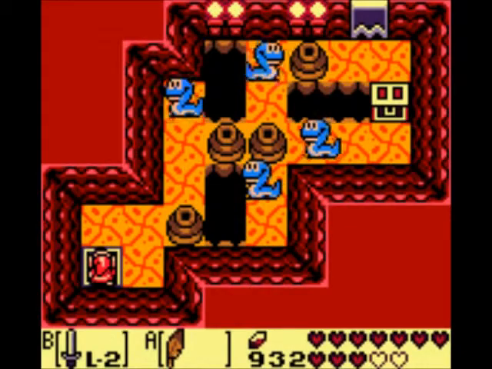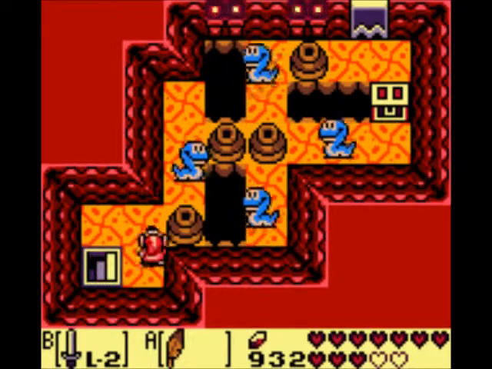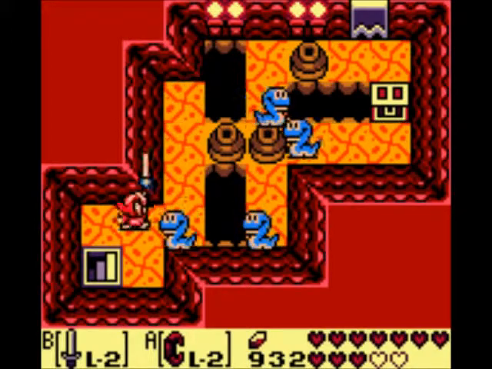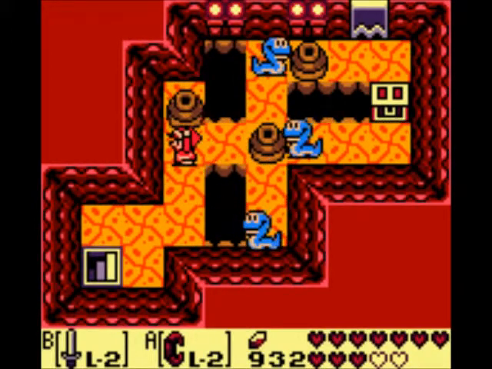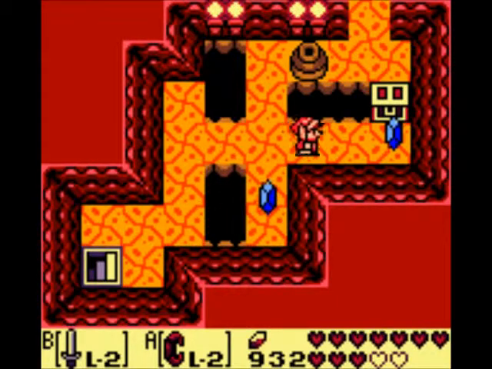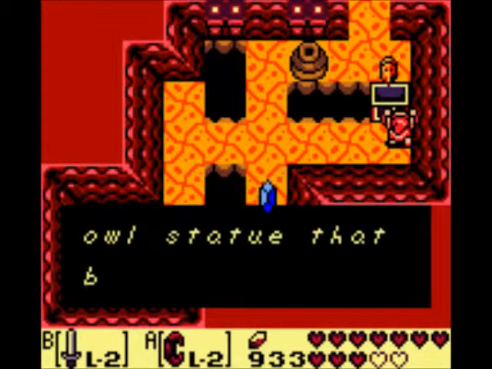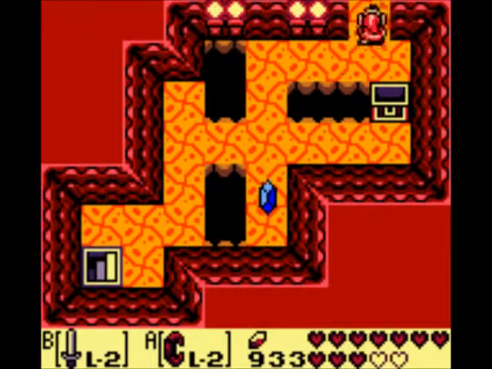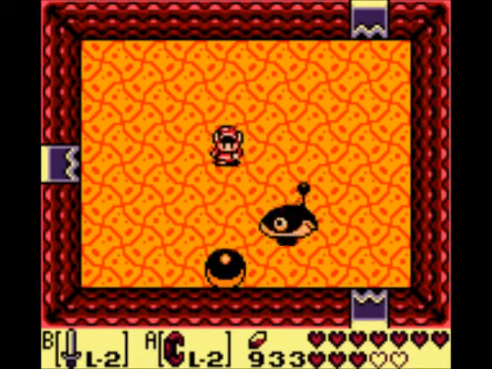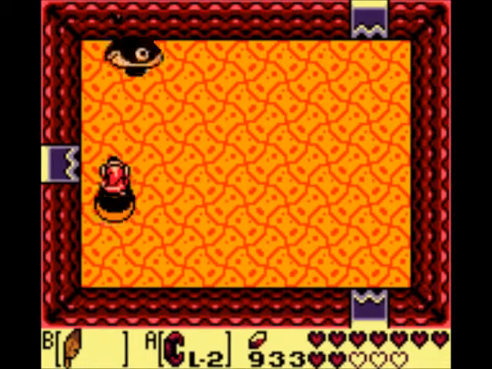Once you resurface on the other side, you want to defeat the ropes in this room and lift all the pots, while opening the treasure chest for the stone beak. Once you've done that, you can go up, and now you can defeat another mini-boss, Smasher, who is actually quite annoying and one of the harder mini-bosses in my opinion, because it's very hard to hit him with the ball,